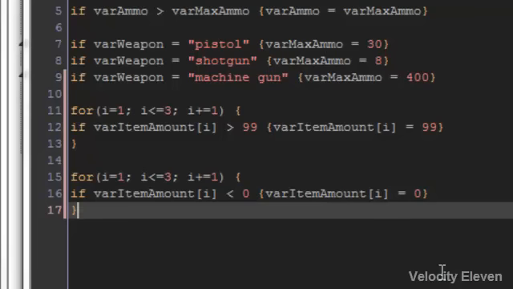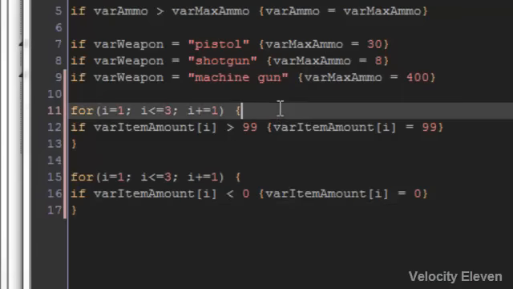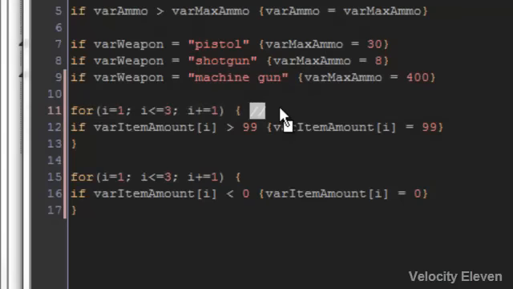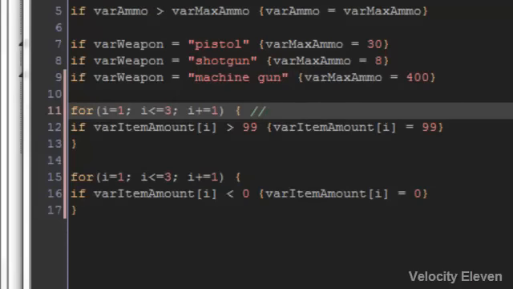So, for example, say if I wanted to make a note to say what these two different for loops mean, because I might come back to this later on and look at the code, or I might give this to someone else, and they might not understand what this is all about. So I might want to make a comment, and the way that you do that is that on any line, if you create two dashes, like so, it turns green. And what that means is that anything written after those two dashes on that line won't be read by the system itself, as in it won't actually take it into consideration. It's just there for people to read.